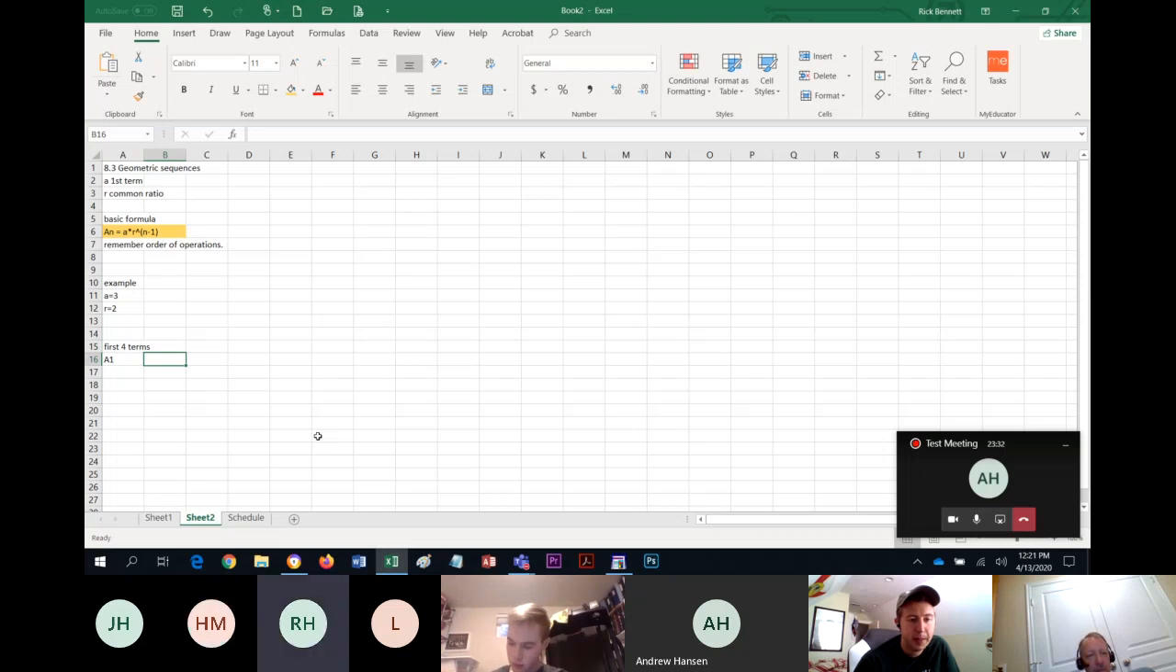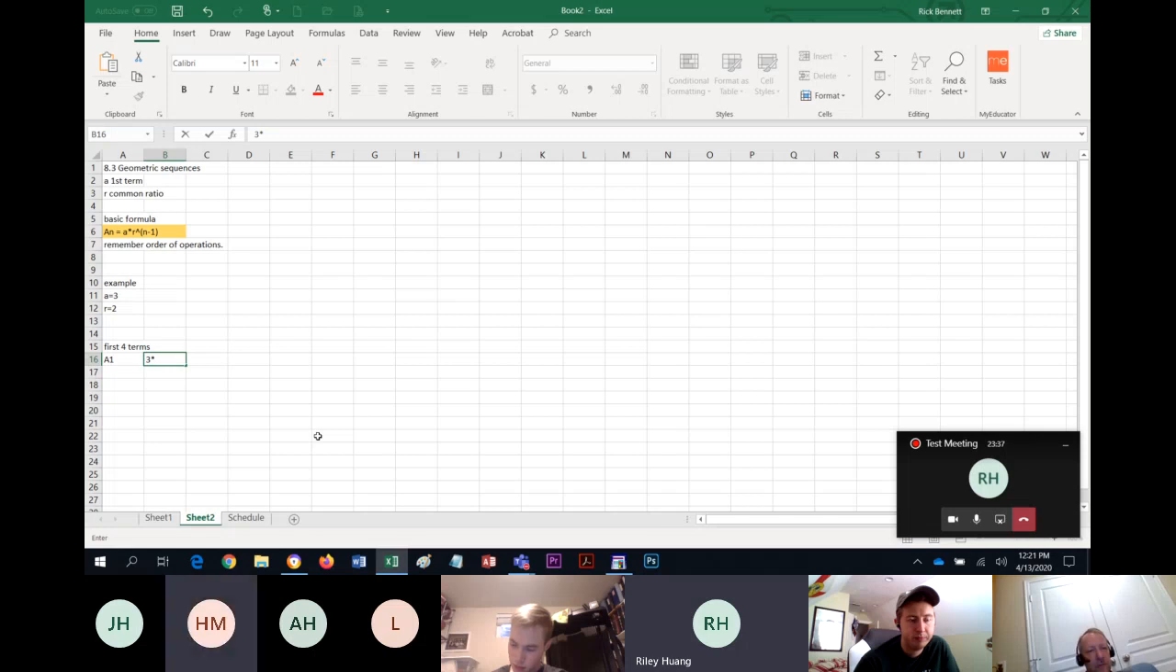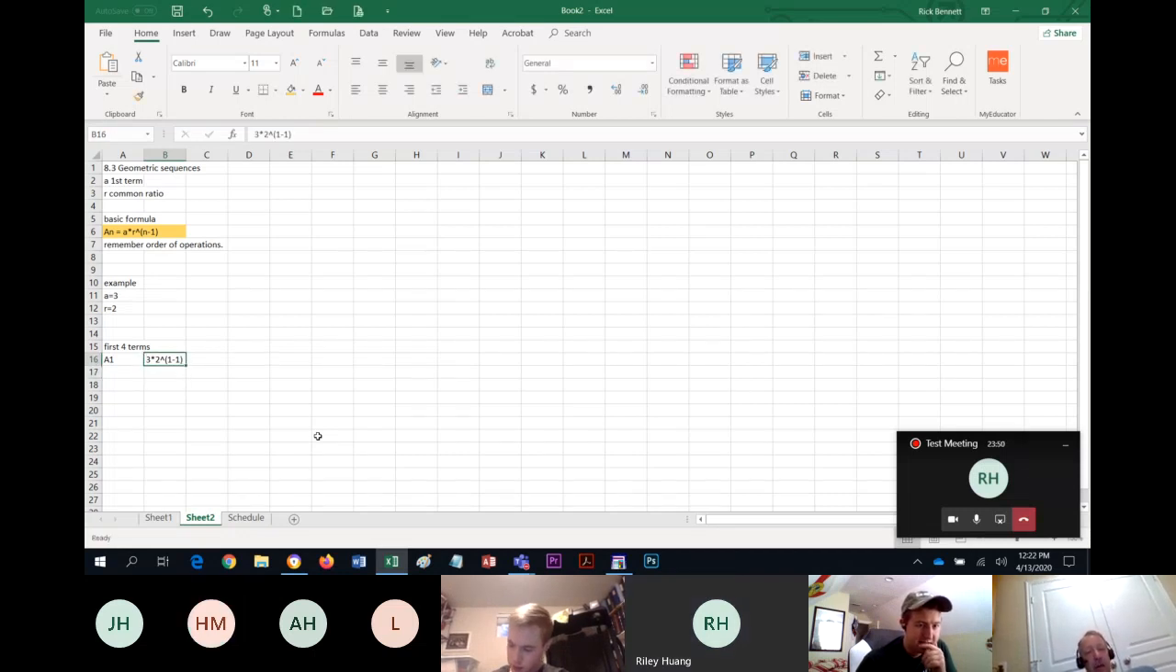So is it 3 times 2, and then the exponent is going to be 1 minus 1, right? Yeah. Okay. 1 minus 1 is 0, so 2 to the 0 power is 1. 1 times 3? 3. 3. Okay, so A sub 2,